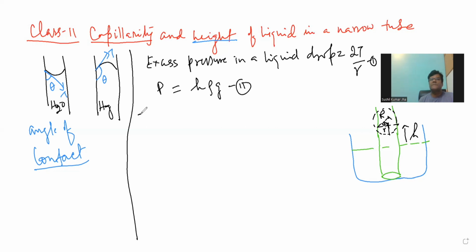So if we equate 1 and 2, we get h rho g as 2T upon small r. Therefore, what could be h? It would be 2T upon r rho and g, which means